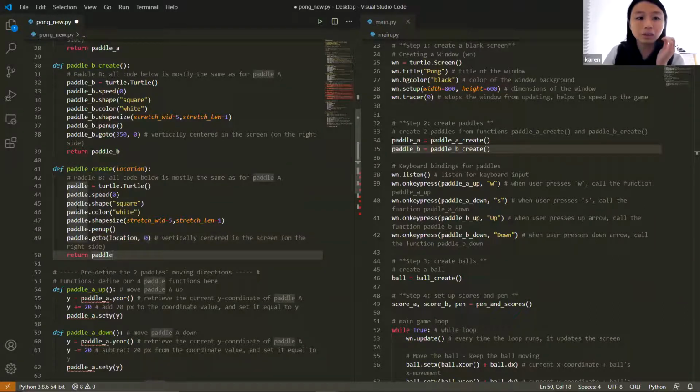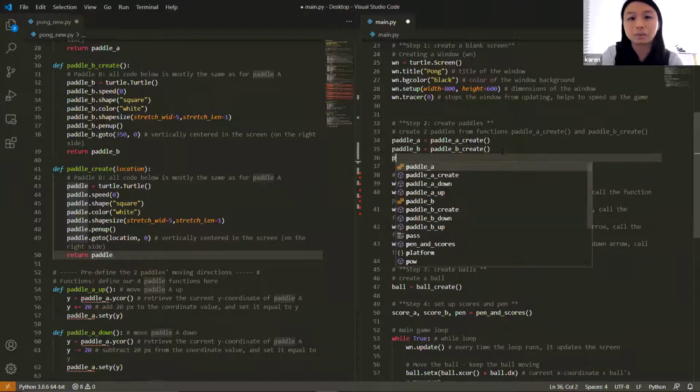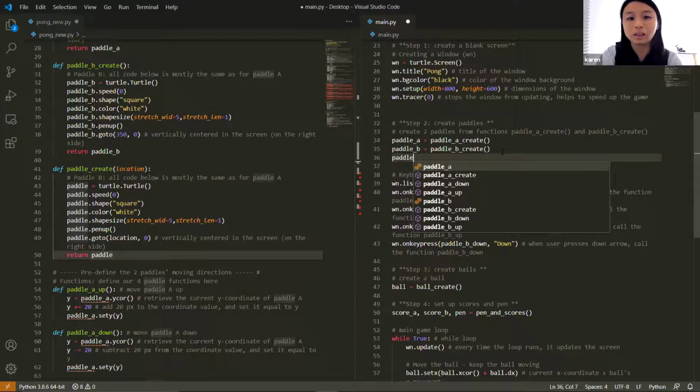So making sure all your variables are consistent. So paddle, paddle, paddle, paddle, paddle, and then return a paddle. That way you will be able to create an exact same paddle with different location. So how you do it is you can do paddle C,